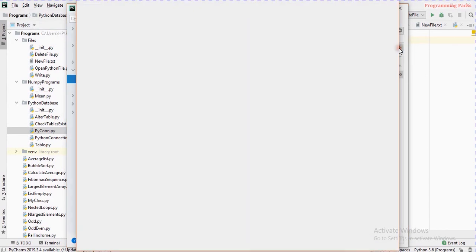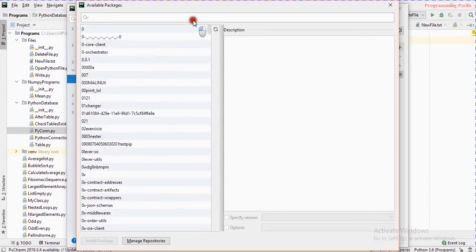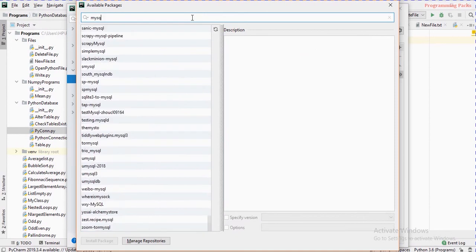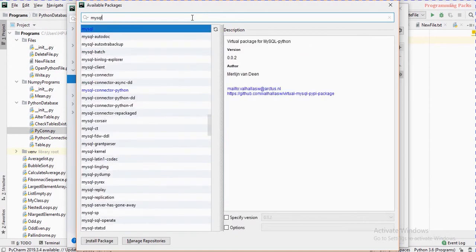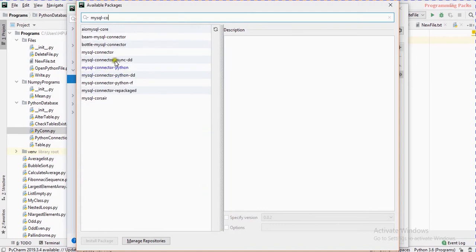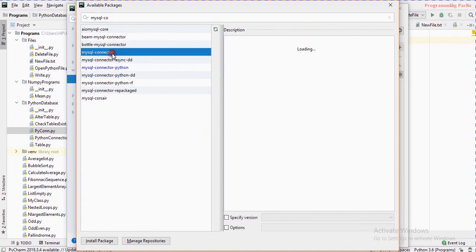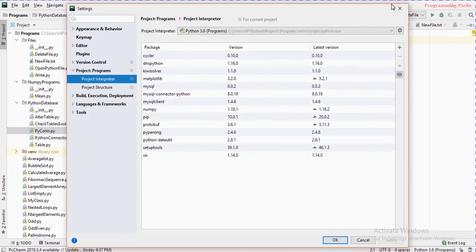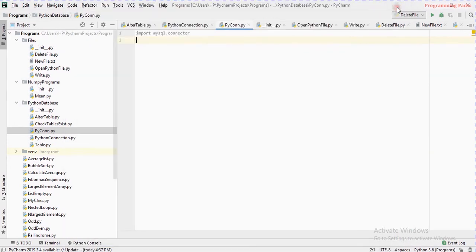There's another way to install packages also. If you search here for MySQL connector Python, this one, you can just install the package and it will install on your system for PyCharm, if you ever find issues in PyCharm. So that's how we can install MySQL connector and connect MySQL with our Python. Now if you want to test it,